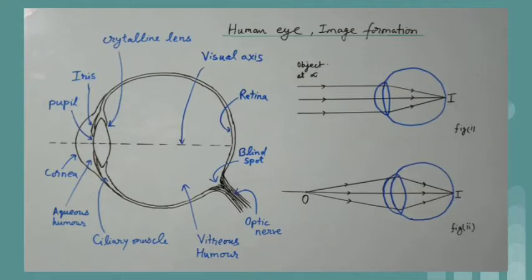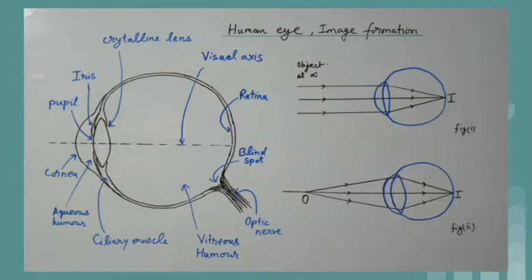The lens is located directly behind the pupil and focuses the light through a process called accommodation. It is held by ciliary muscles which alter the focal length of the lens. After that, the light reaches the retina passing through the vitreous humor which fills the space between the lens and retina. It actually helps in keeping the eye in shape. The retina is the light sensitive inner lining of the back of the eye which converts the optical image into electronic signals that are transmitted to the brain through optic nerve.